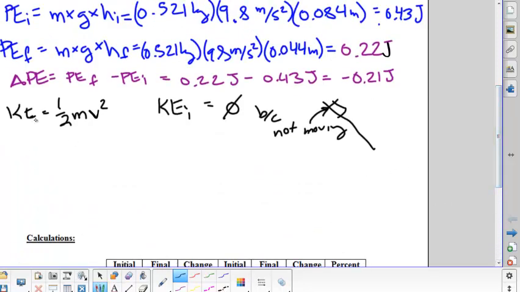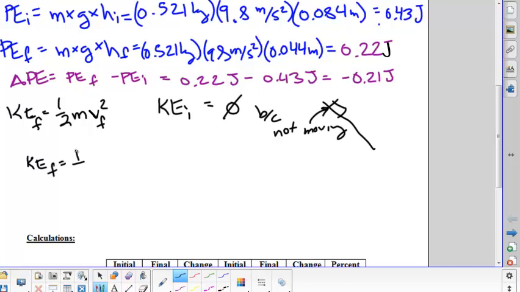Okay, we're going to use the same equation. We're just going to add a little F for KE final, and we're going to add a little F to the velocity final. Now somebody asked, why don't I put an F behind mass? Well, does mass change from initial to final? It doesn't. So here we go, KEF